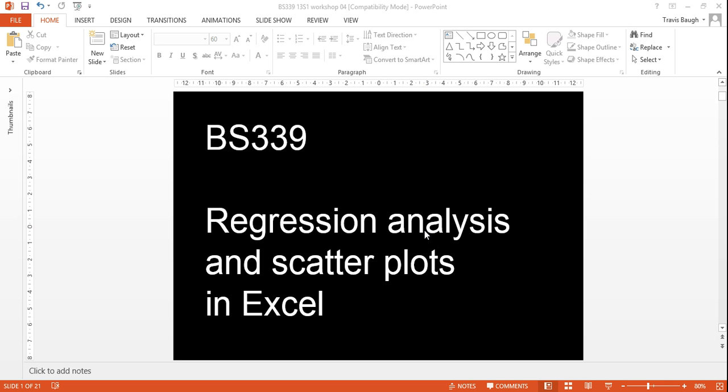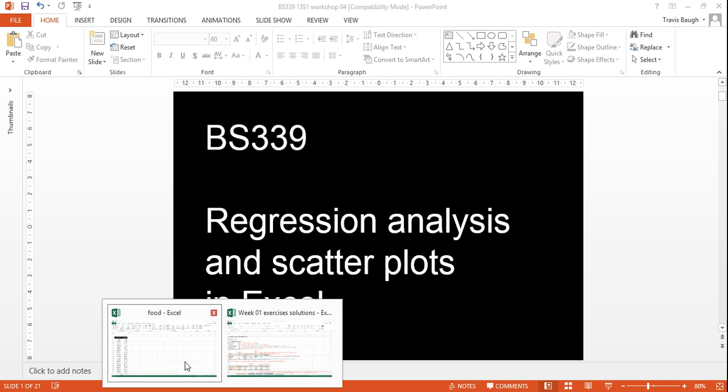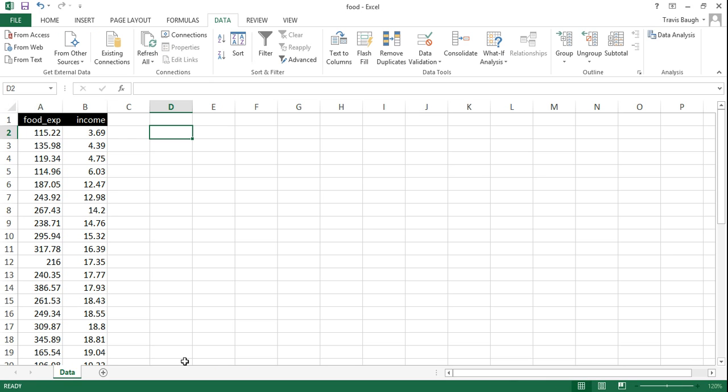Hi, in this video I'm just going to briefly demonstrate how to run a regression analysis in Excel, and also how to produce an XY scatter plot. Here I have the data that's used as an example in chapter 2 of our textbook. We saw this back in the first week of class, and we've seen it I think a few times since. So I want to run a regression